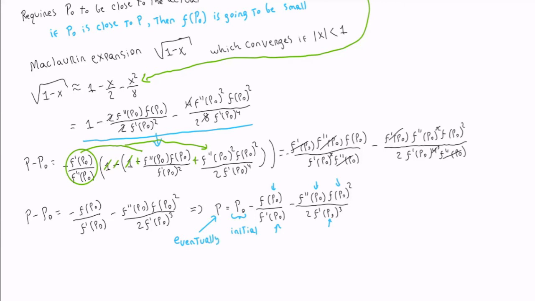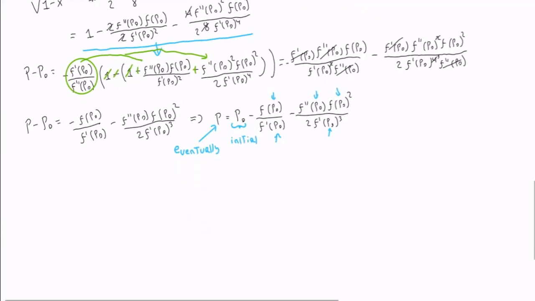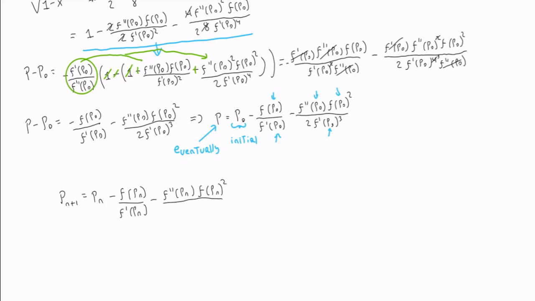Which means that, as with the derivation that we had at the very beginning using the linear terms of the Taylor expansion, we can also write this in iteration form. So we have p of n plus 1 equal to p sub n, and then we write the rest of the equation that we got, and what we end up with is a much more compact and easier to compute version of Newton's method,